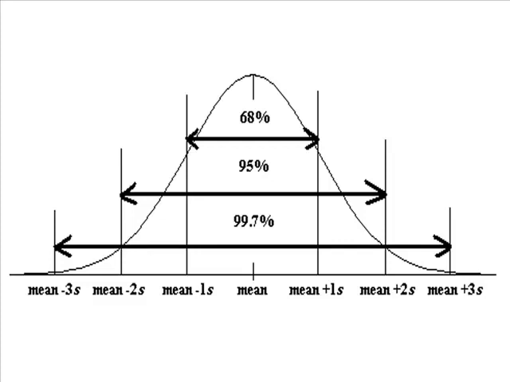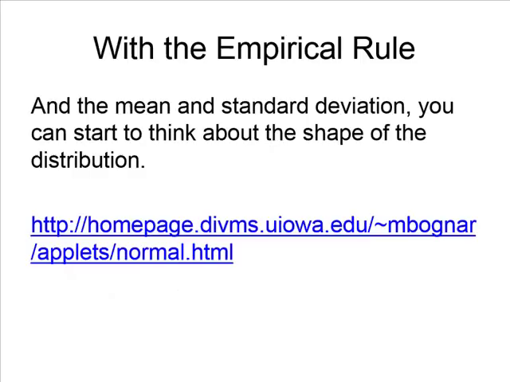Some people will use this as a shortcut to find a true outlier, something that is way, way, way afield. So because of this great coincidence that we have with the empirical rule, we can start really understanding the shape